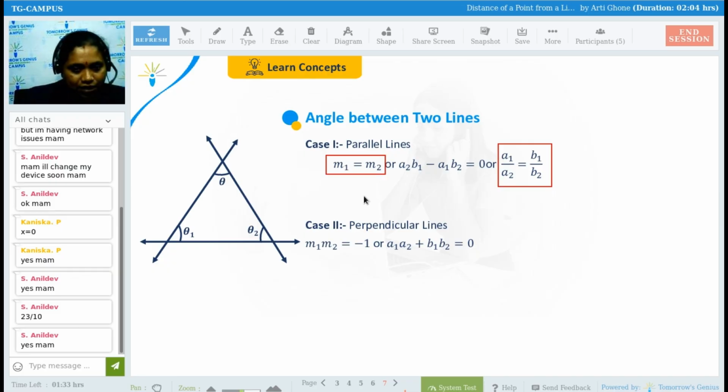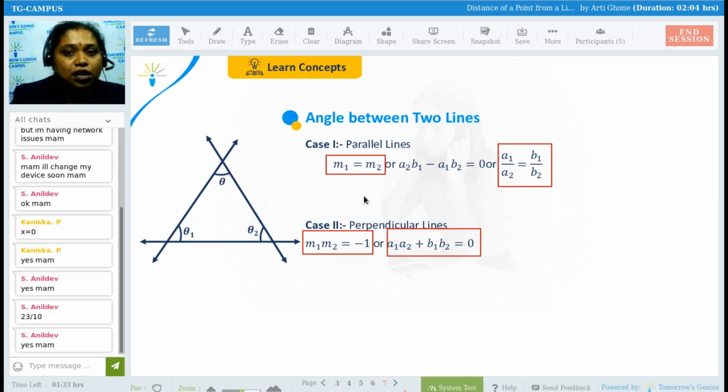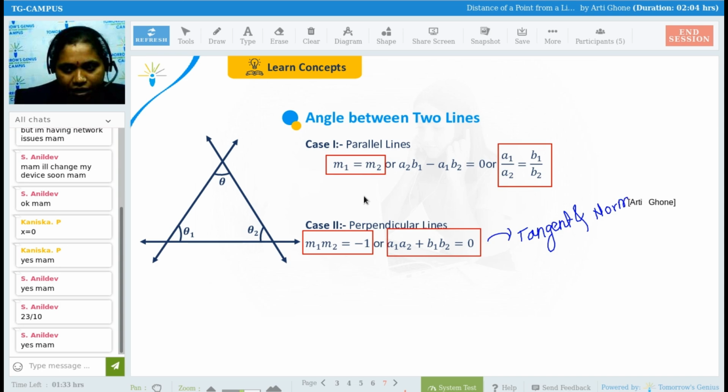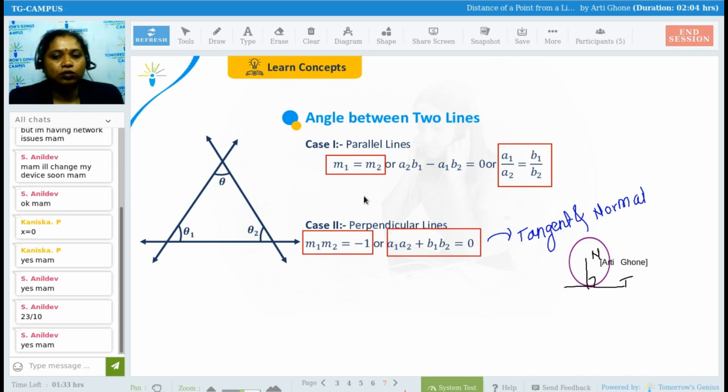And for perpendicular lines, the product of slopes is required in circle also, tangent and normal structure. What is tangent and normal? If I draw the circle, the line touching at a point is the tangent. This is the tangent, and the line perpendicular to it is the normal. Clear? So for perpendicular lines, the product of slopes is -1. That is a1 a2 plus b1 b2 is equal to 0. Clear? Okay. Next is